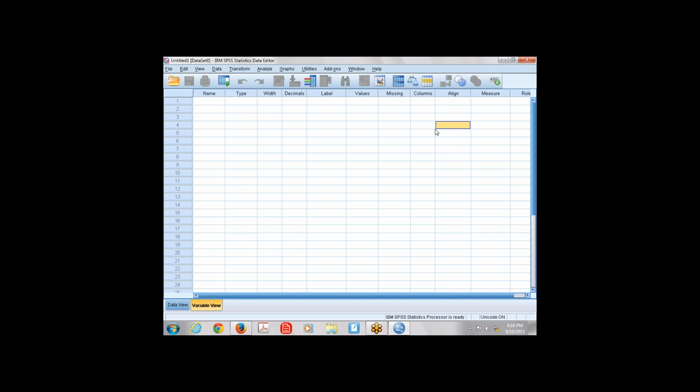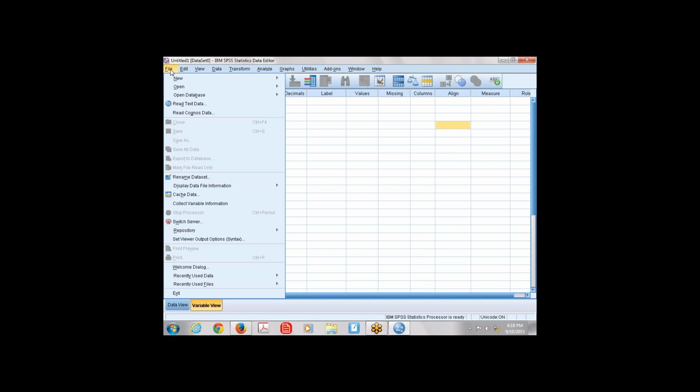Okay, so let's take a look at this first of all. Yeah, you probably have it open on your screen now as well. So let's run across the menus here, these drop menus, and see what we have. This is a standard file menu. You know, you can open data files, save files. We have a couple of extra